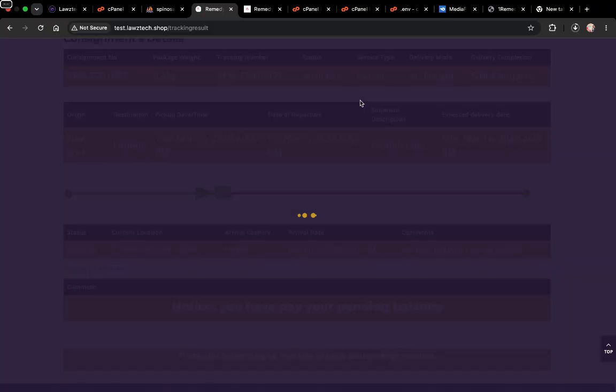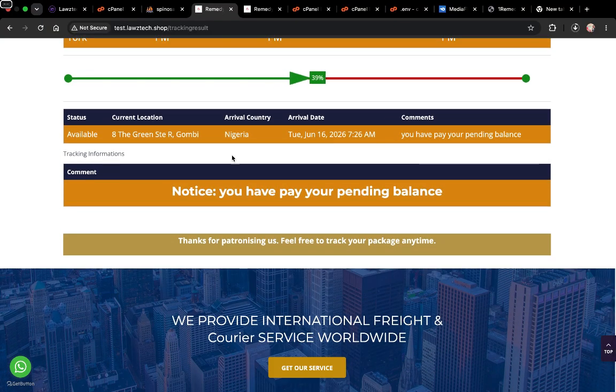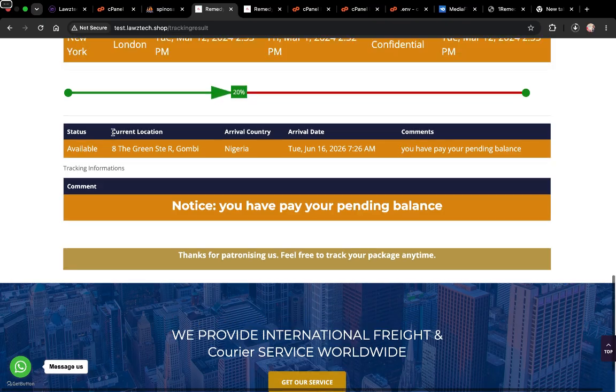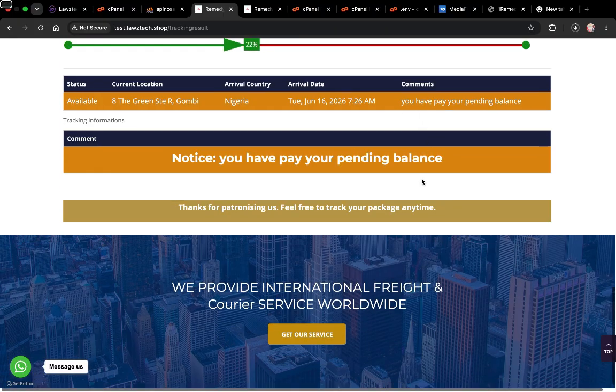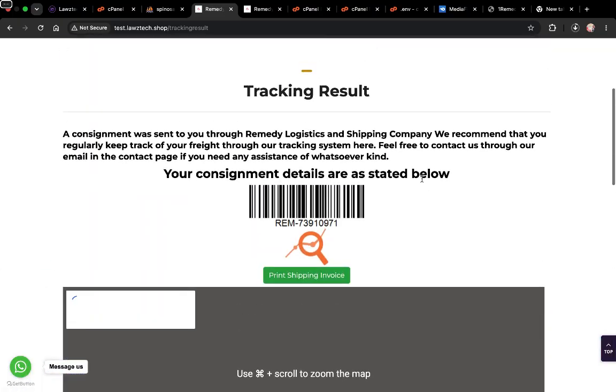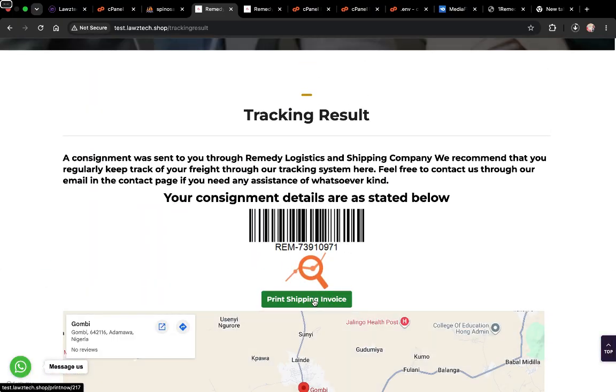Let's see, reloading. You can see this is the status. You can see 50% delivery is counting, right? 50%. And then you can see this is the status history. You can see available, current location Nigeria, and then arrived date. You have to pay your pending balance before it is released. And you can also click to print